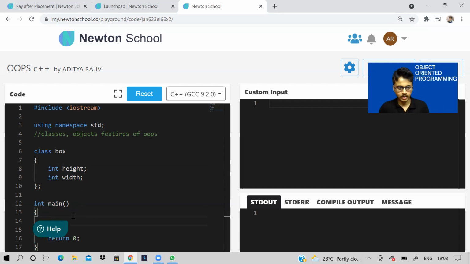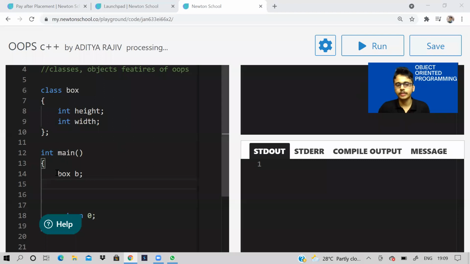So basically what we can do is we can say box, and we'll say box B. So we have created an object of this class. How did we do that? I guess you're not able to see, one second. Yeah, so if we write like this, box B, it means we have declared an object of class box.